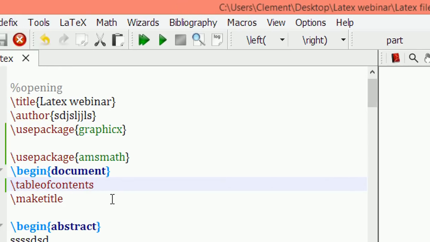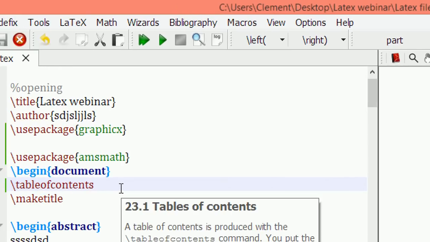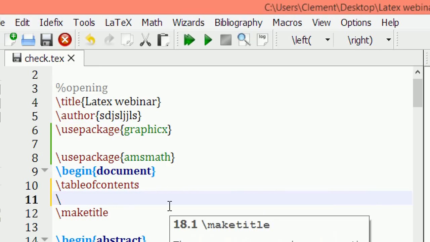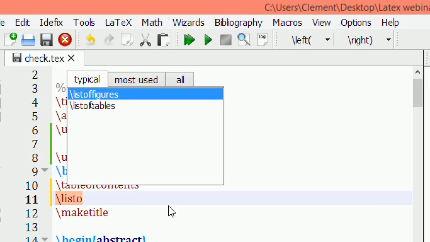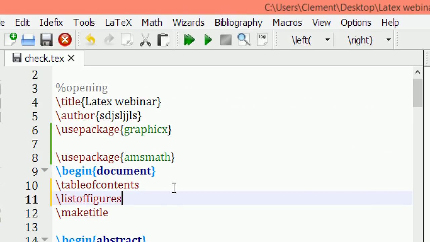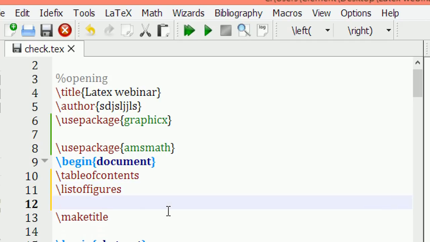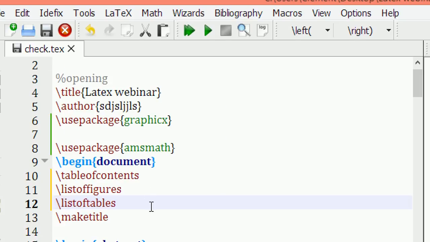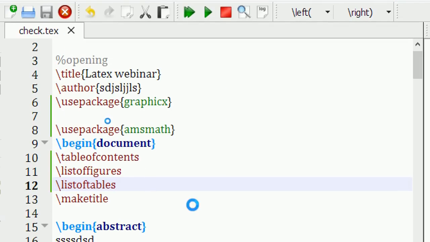At the same time I need the list of figures, so I can easily pick from the existing command. I should also have the list of tables, so I can pick the same. So if we compile it,